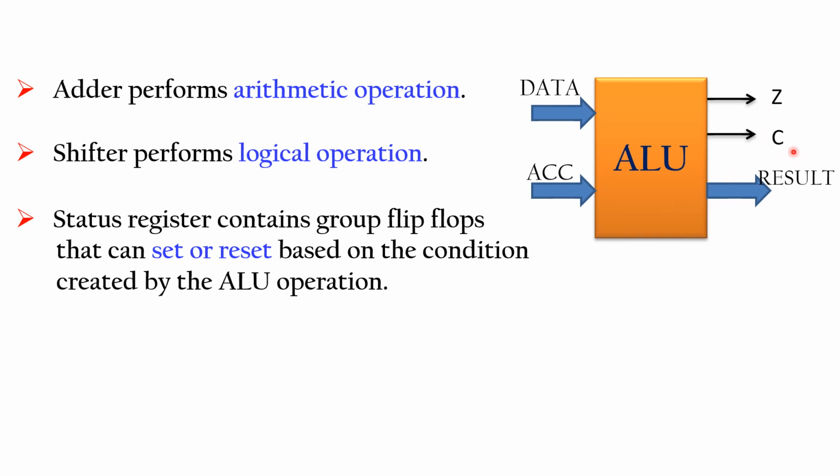The status register consists of flags. We are going to deal with the flags later. Here Z is the zero flag, and there is also the carry flag. Based on these, the flags are set or reset depending upon the operation. Shifting, we can shift the data to the right and to the left. While doing this shifting left and right, we'll come to know how data gets multiplied by 2 or divided by 2 using left shift and right shift. So this was nothing but the blocks of ALU.